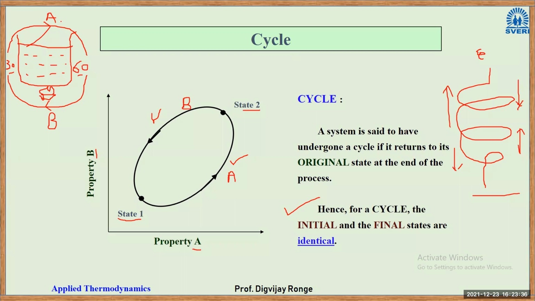So in such cases, what is happening? We are going from state 1 to state 2 by path A, and again coming back also by path A. So there are some cases where you can use the same path for forward and reverse direction. But again, it is very hypothetical. In the actual world, it does not happen. That is why it is shown in the movies.